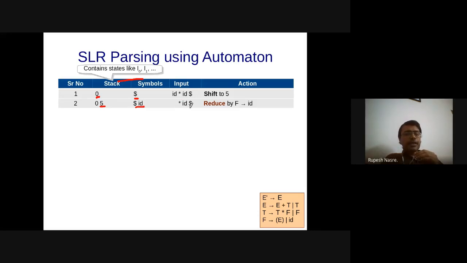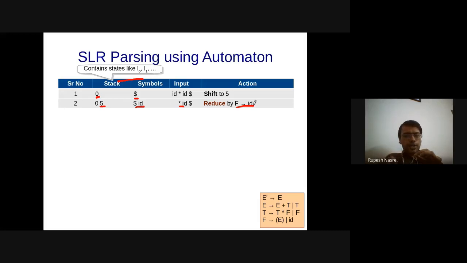Input is star ID. At this stage, if I'm in state 5, that is F deriving ID dot, then I'm going to apply the reduction operation. At this stage, I am not really seeing the input. So when I am reducing, I am not really looking at the input, and therefore F deriving ID is the reduction that happens.